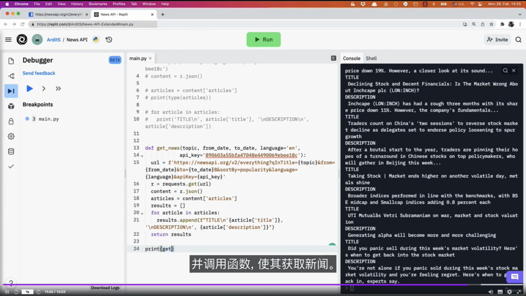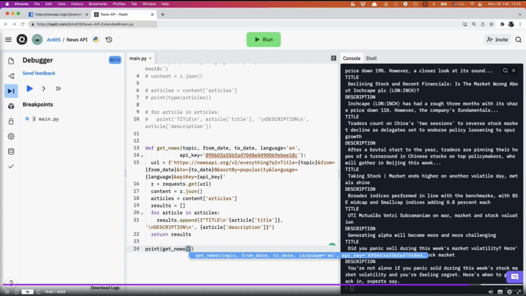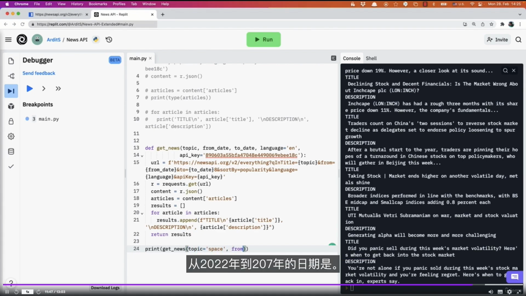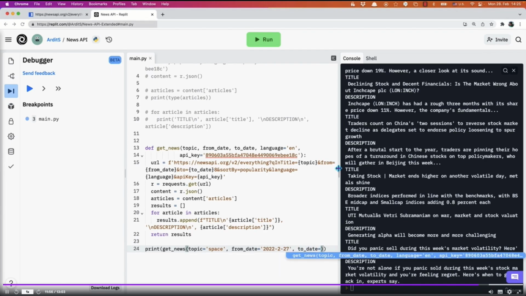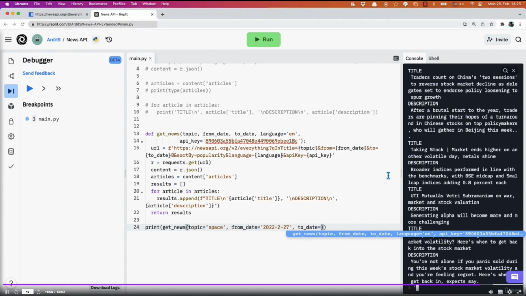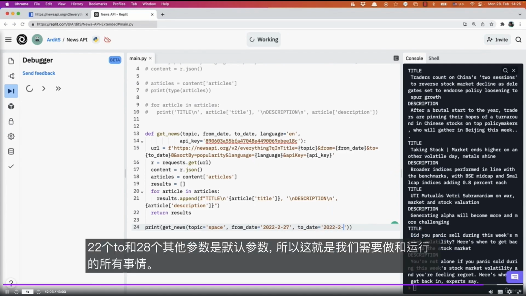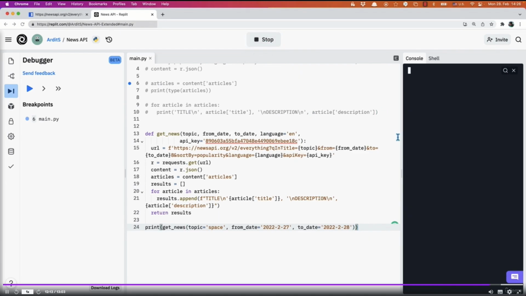So get news, topic is space, and from date is 2022 to 27, and to date is 2022, 2 and 28. The other parameters are default parameters, so that's all we need to do and run.